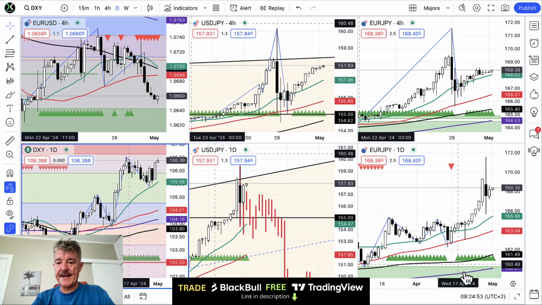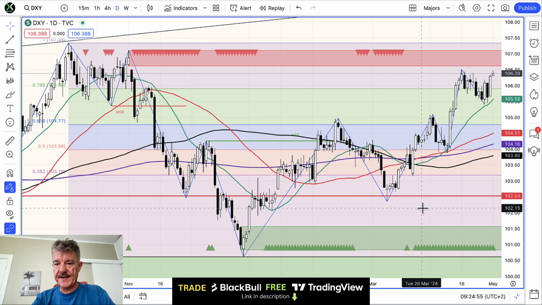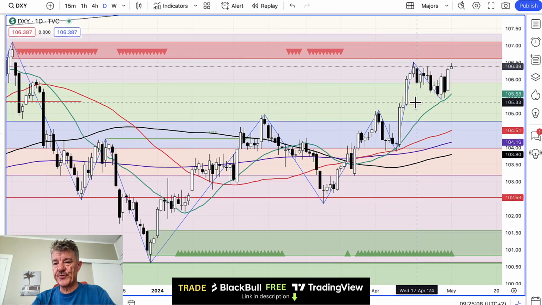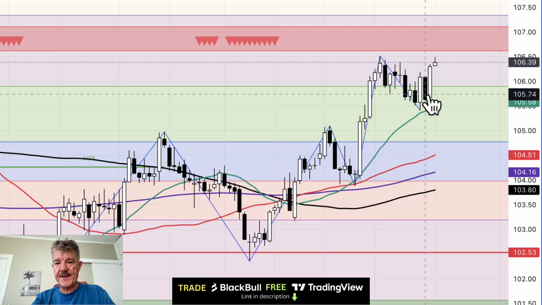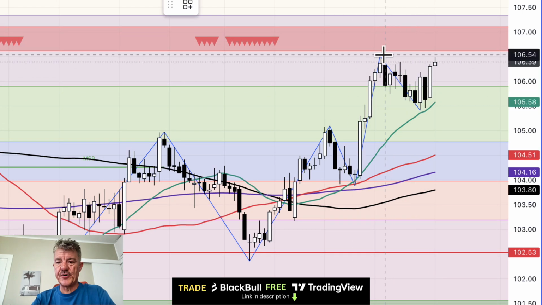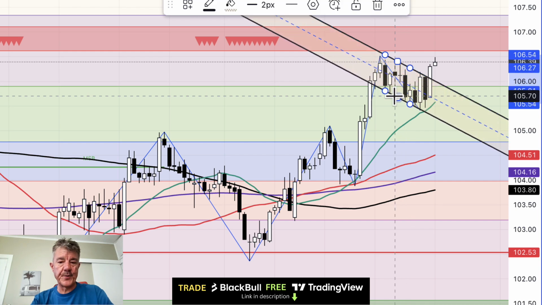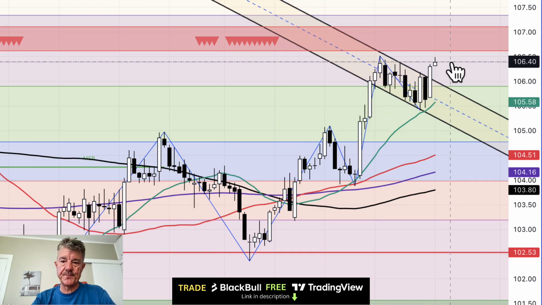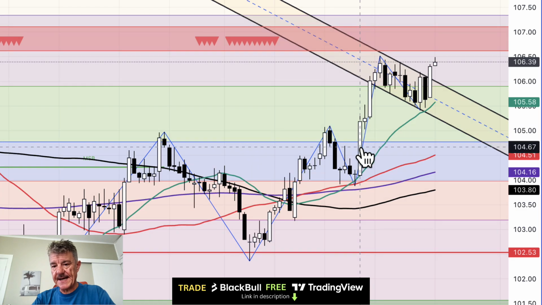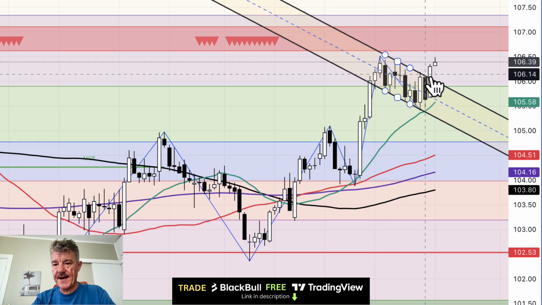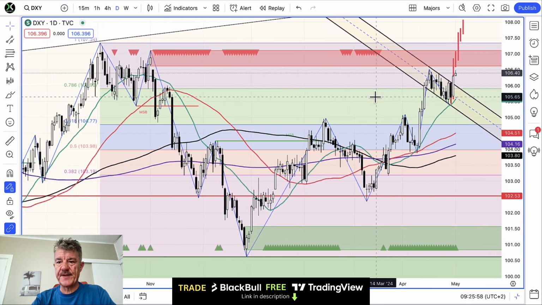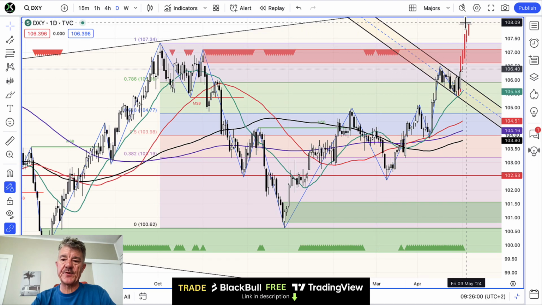Let's have a look at the dollar index. I'm not trading the other majors right now because I think it's a bit messy. And the dollar index looks really bullish. If anything, we've got a flag pattern here, which is a bullish flag. I can draw a rough parallel channel like this to indicate where the flag is. And we've broken through the top of this flag, which means we should push higher. If we use a pure technical analysis, the height of this flagpole should be the height of this breakout. And we can draw it something like that, which would take the dollar index up to about 108.